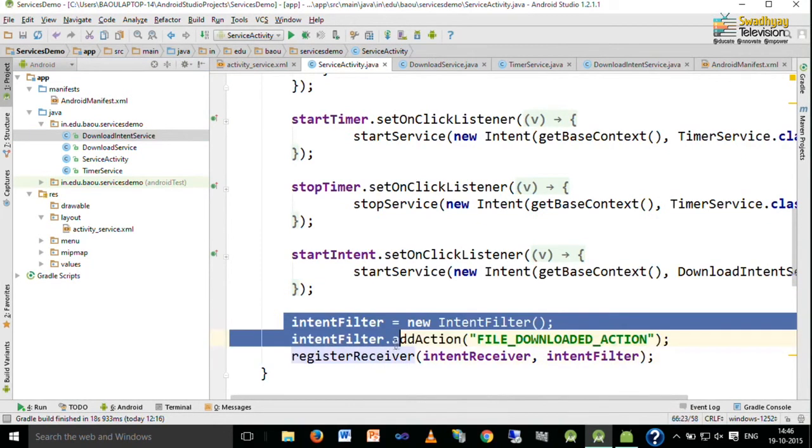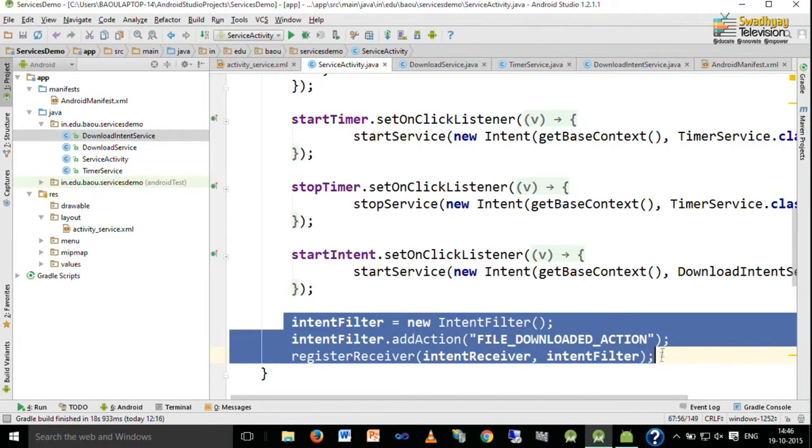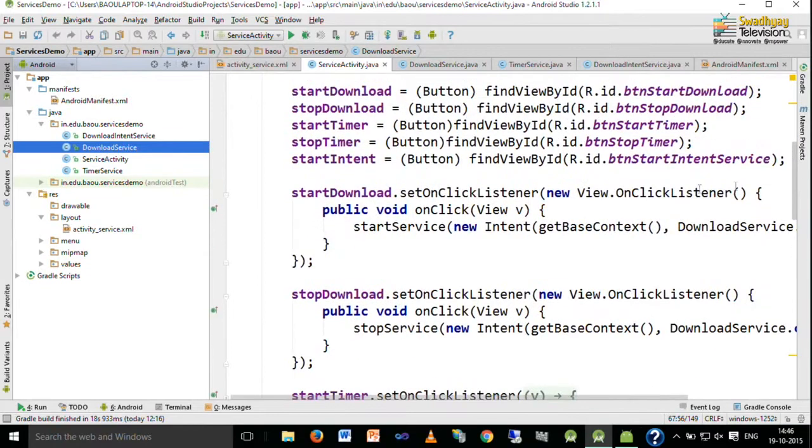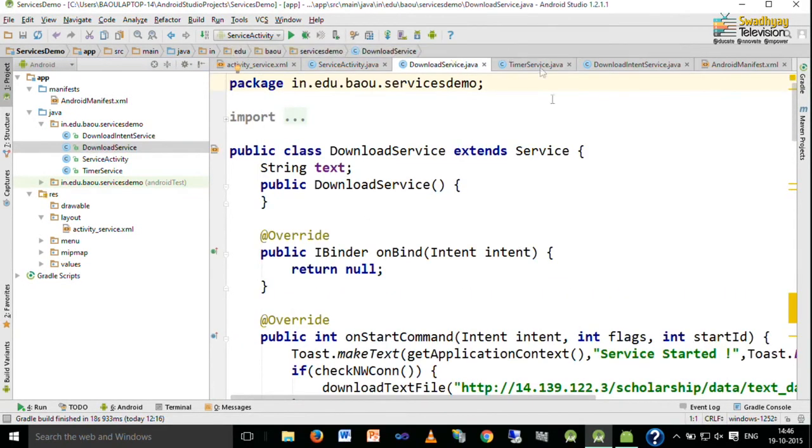Now, before we understand these, we look at the service classes. So, the first service is our DownloadService. Remember, when the first button is pressed, we start this service. Now, how to add a service to your project?